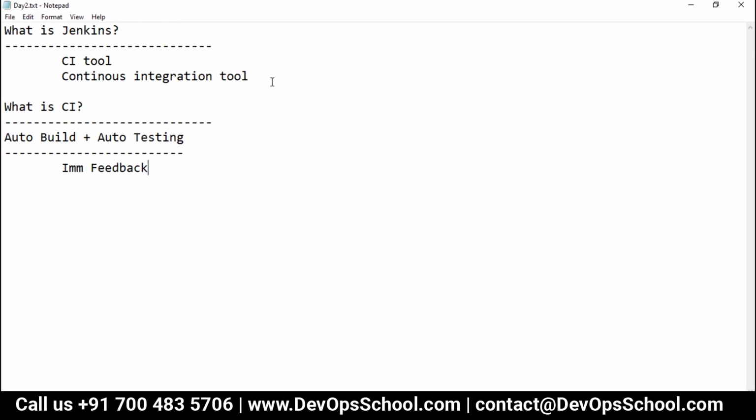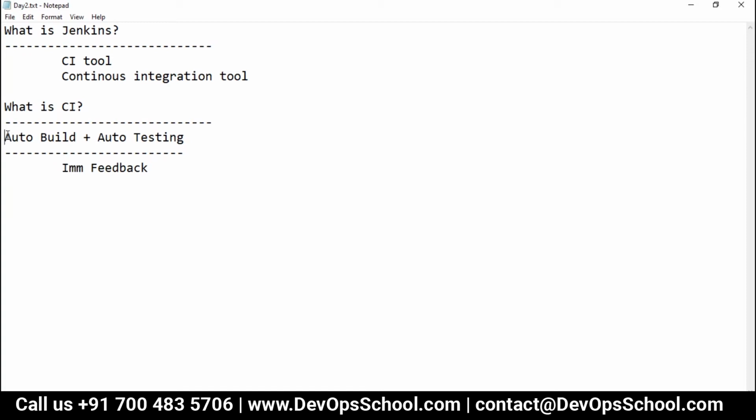That is called CI. Automated build, automated testing, and immediate feedback is called CI, continuous integration.